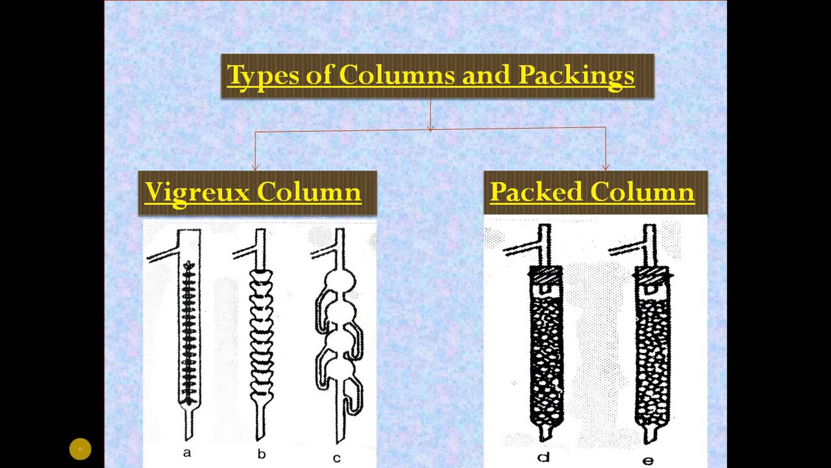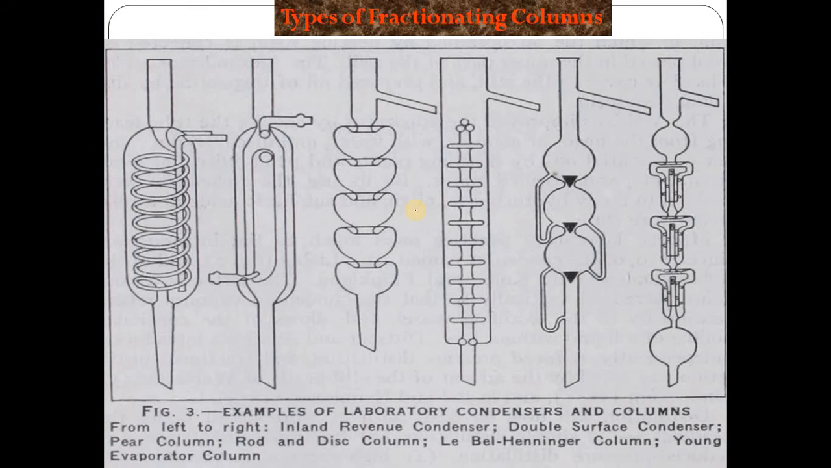Then these are the examples of columns and packings. In the case of the Vigreux column, we have already studied it. This is the Vigreux column, and these are the spikes, which we have also studied, and this is a packed column. So these are the types of packings and columns. Then we will see types of fractionating column. This is also the same diagram. These are the different types of fractionating column,